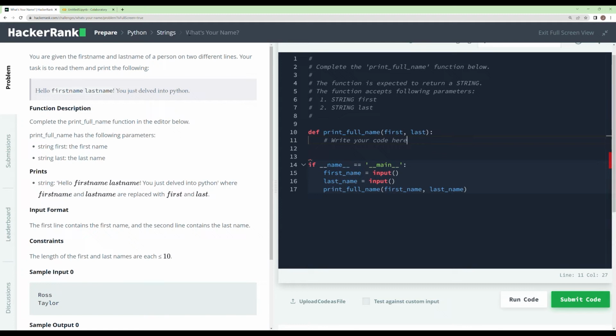Welcome to challenge number 16. This one's called What's Your Name? And it's a pretty simple one. We're provided with a template, "Hello, first name, last name." You just delved into Python. And we're meant to take these placeholders, first name and last name, and replace them with actual first and last